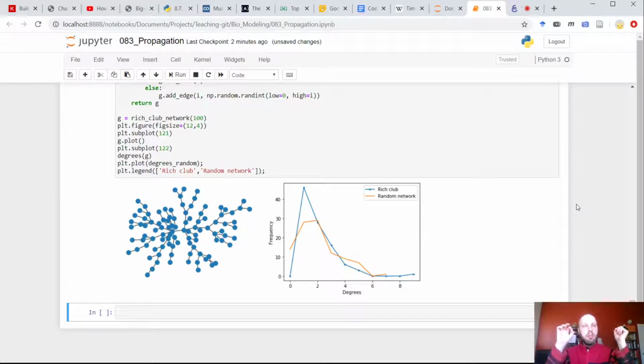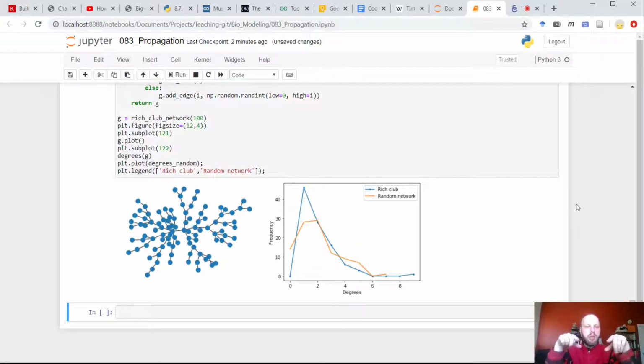All right, disease propagation. What does it even mean? Let's think about that. So we will have healthy people, and we will have people who are sick. People who are sick will be contagious, and they will transmit the disease to people who are in contact with them.